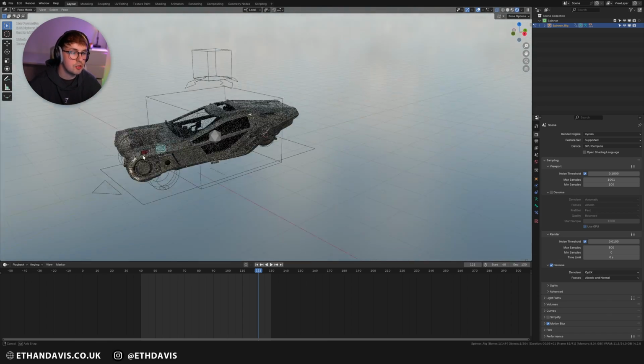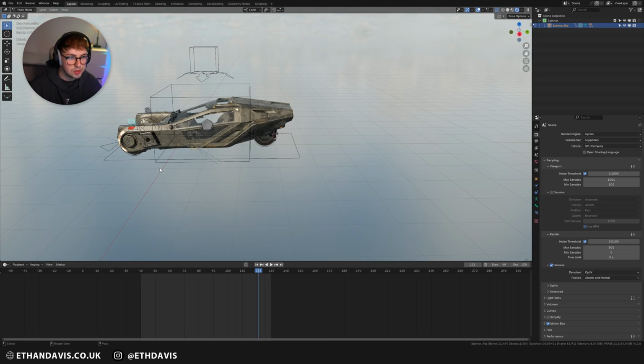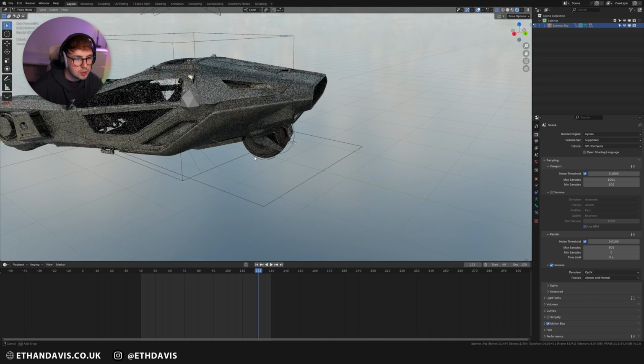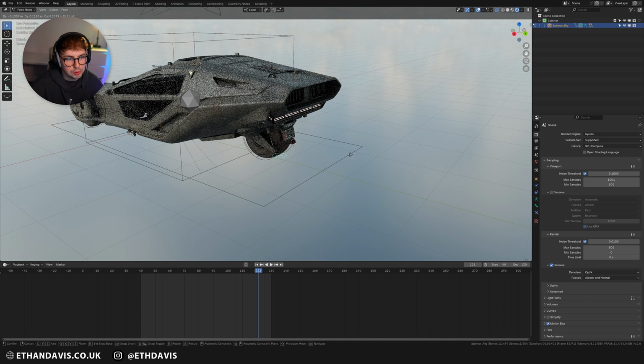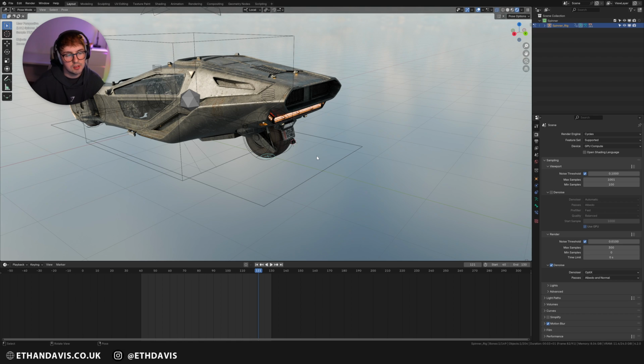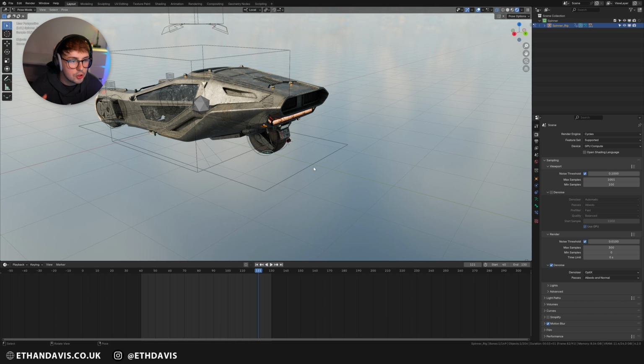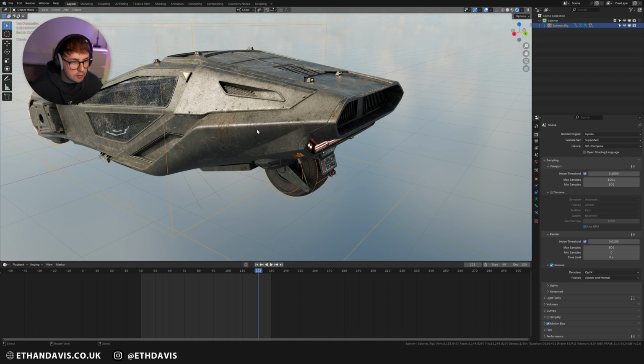One thing that I didn't do with this rig is actually allow it to turn. Obviously this back wheel would be the one that is turning the vehicle, but I just thought I'm not going to be turning this. I don't need to rig it to turn. So I just avoided that. But yeah, all the metal is done in Substance Painter, which we'll jump into in a minute.